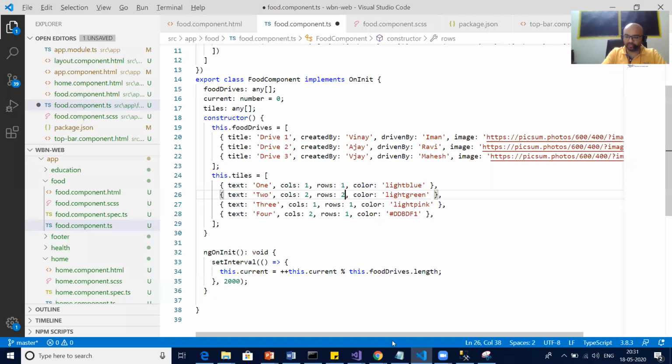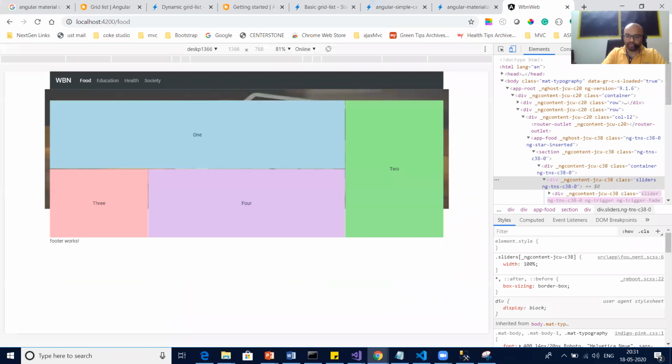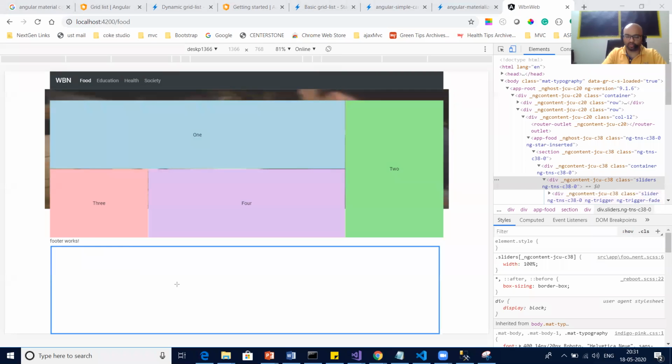So let me just draw first, and then show it to you. Then you tell me what configuration you will be putting. So what I want is obviously a row of this much height, where it should have 6 segregation.